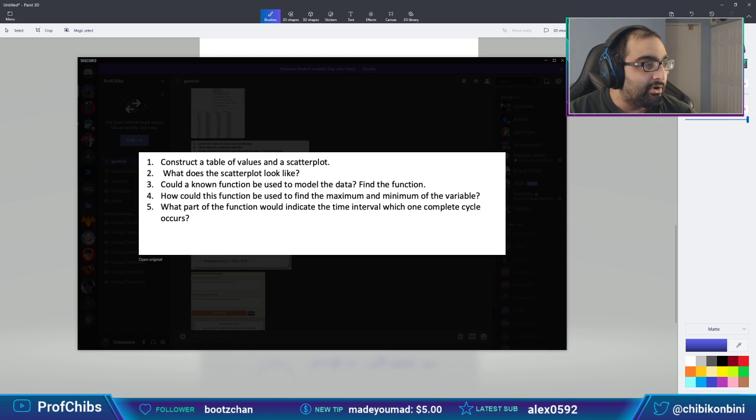So that would answer all the parts. We have part 1, part 2 pretty easy. Part 3, we found the cubic line of best fit. We know the function. All right, number 4, find the local max and min on the cubic line of best fit to find out where the maximum and minimum of the variables are going to be.